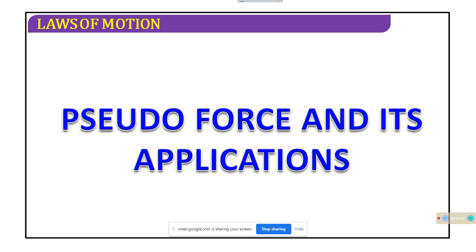This is not an action-reaction force. It is only an opposite force. For an action-reaction pair, you need two objects. But here, the centripetal force and centrifugal force act on the same object, so it is not an action-reaction force. We can just consider that these forces are in opposite directions to each other, one in the inward direction and the other in the outward direction. Okay, next one.